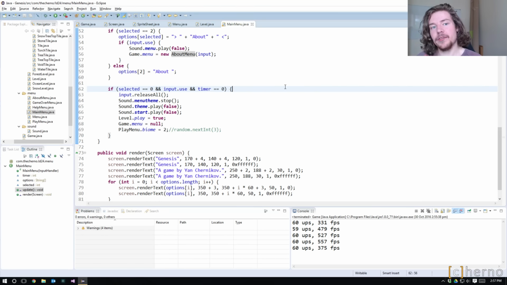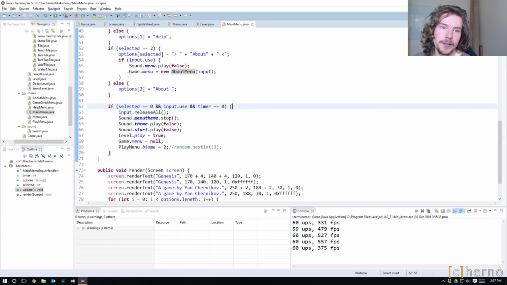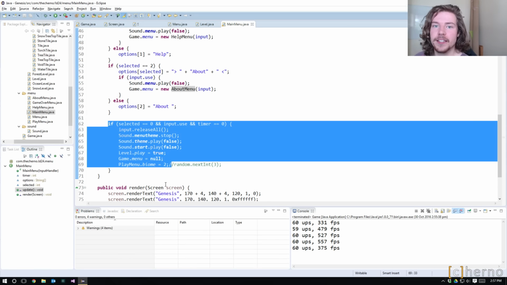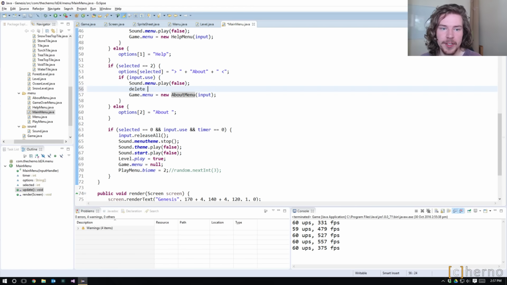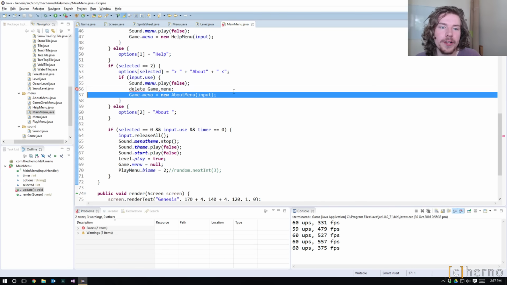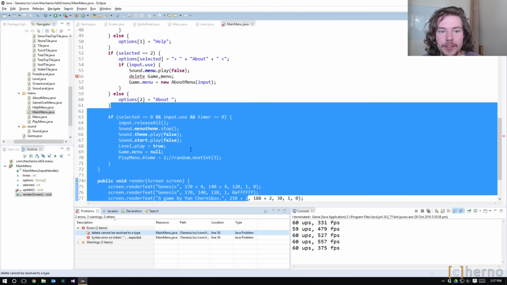It's not particularly safe. The reason I said it's not safe is because we change the game menu and then we keep doing all this code. Like this still runs basically, which is a bit weird because that meant that this reference gets lost now and this object should get destroyed. If this was C++ or something, this would kind of be the equivalent of deleting game menu, right, and then reassigning it, which means that this object now just got erased from memory, which